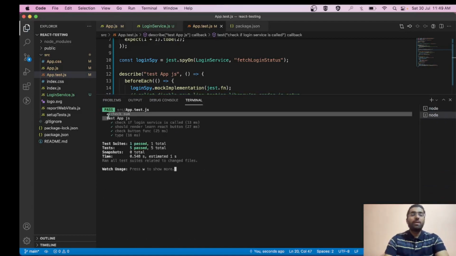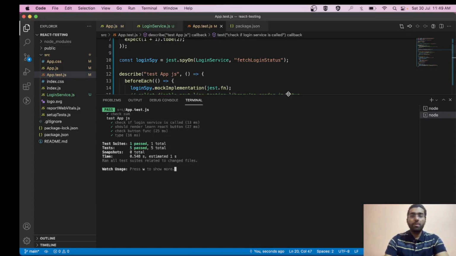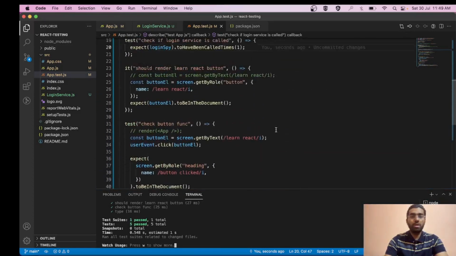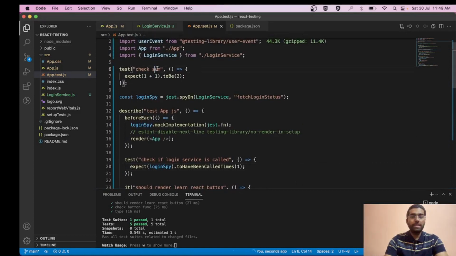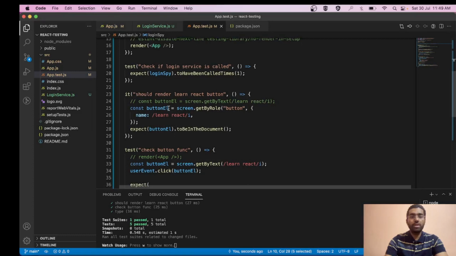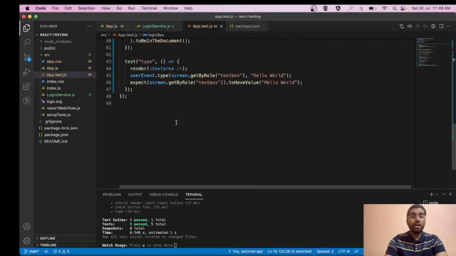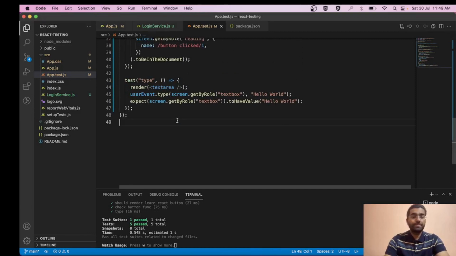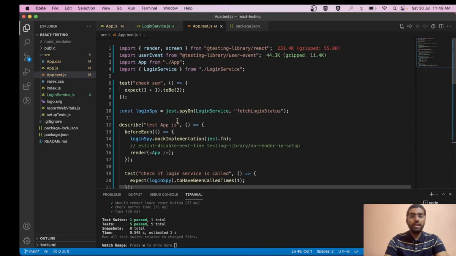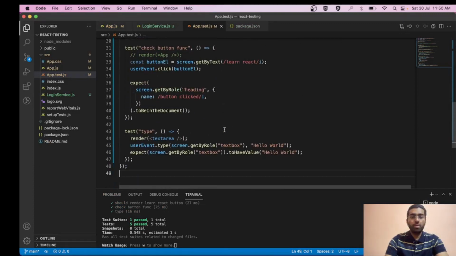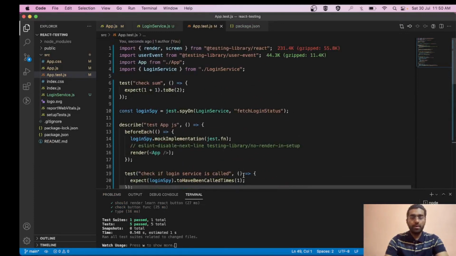Okay, cool friends. So what else? Till now I hope the concepts are clear to you all. We have made a basic test, we have learned about spy and mock implementation, and we have learned about user events and how you can check your UI. Now let's see what to learn next. Friends, apart from the code, I want to show you a few things that will help you.